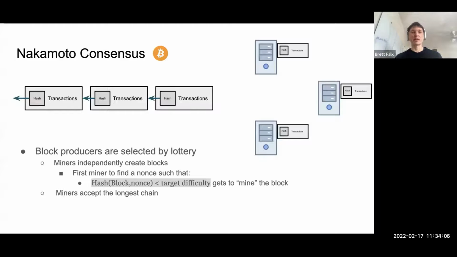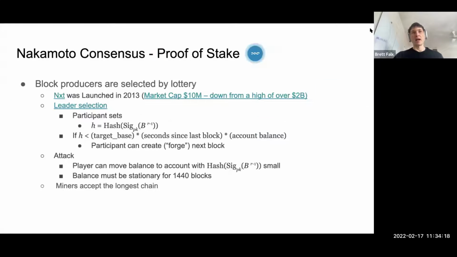This notion of Nakamoto Consensus, where block producers are chosen by a lottery mechanism based on the amount of either, in Bitcoin, the amount of hash power they have, or in a proof of stake setting, the amount of stake they have. Blockchains like NXT use this exact mechanism of Nakamoto Consensus, where you select a single block producer by a stake-weighted lottery instead of a proof of work-based lottery. And in these cases, proof of work and proof of stake are these kind of Sybil resistance mechanisms for